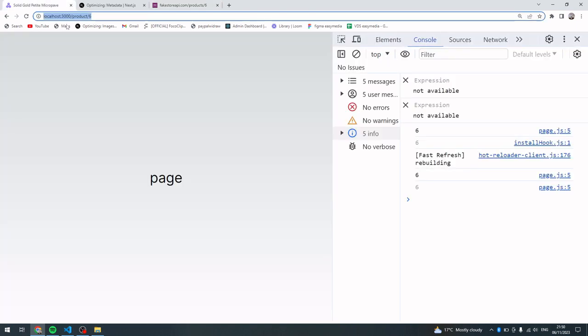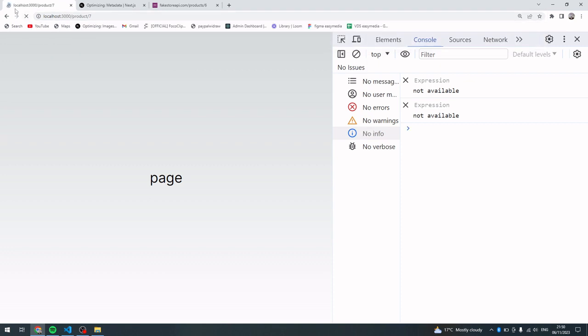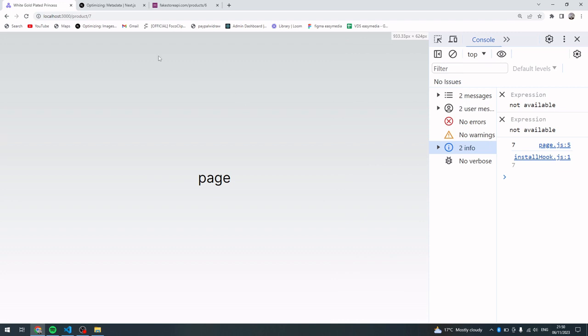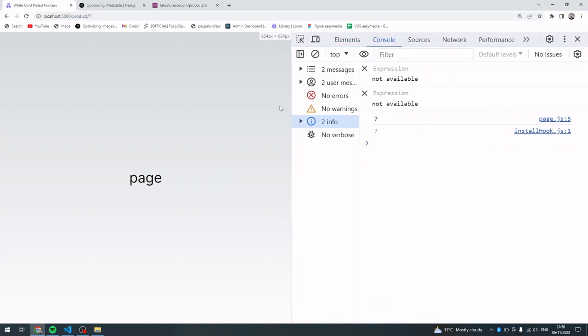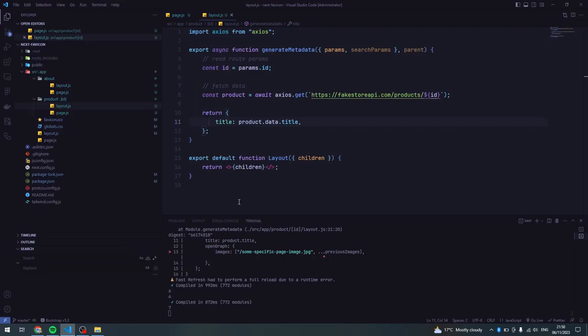That is the product that is being fetched. Good. Then we can also change this to something else, like say 7, and see the product. You'll see the title changing. Yeah, white gold plated princess. So that is how you can do this. This is how you can configure the dynamic metadata on your pages. You can go to maybe description and also